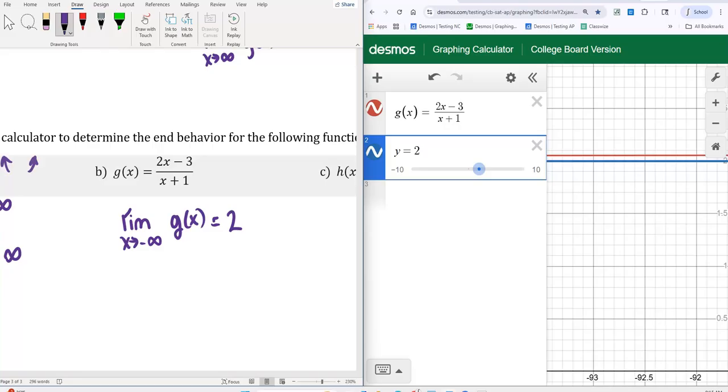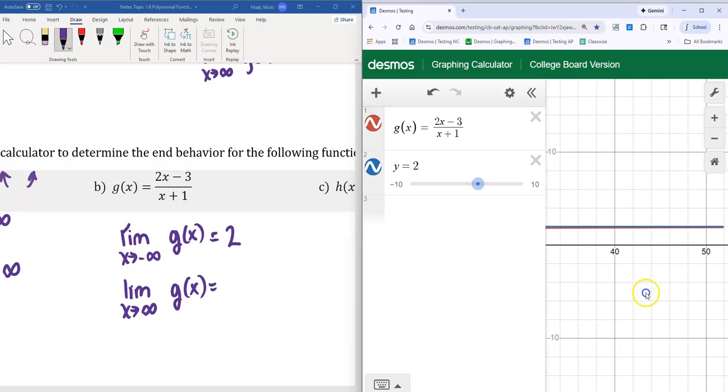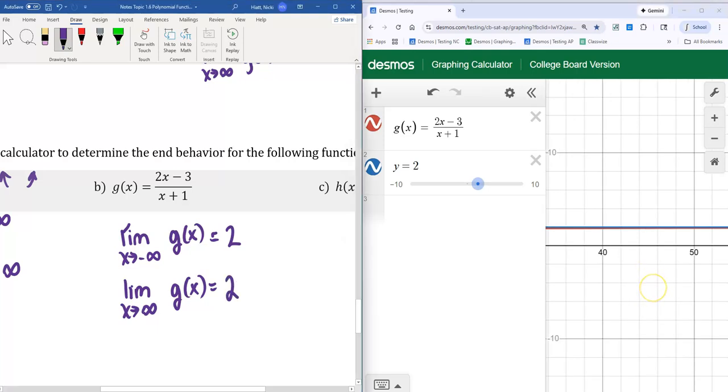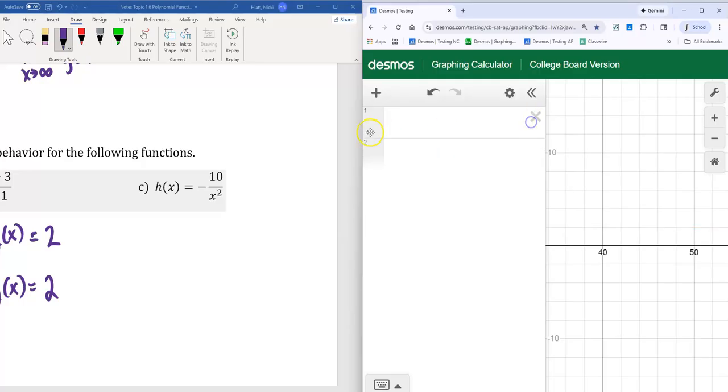You won't see it on polynomials, just on rational or other types of functions that are not polynomials. And then if I do the same thing for the right side, limit as x approaches positive infinity of g of x, we can see the graph approaches that same line, y equals 2, on the other side, so we would get 2 for that. So he's just throwing this in here for us to see that it doesn't have to be positive or negative infinity. If I graph h of x equals